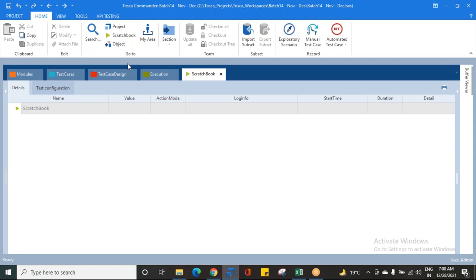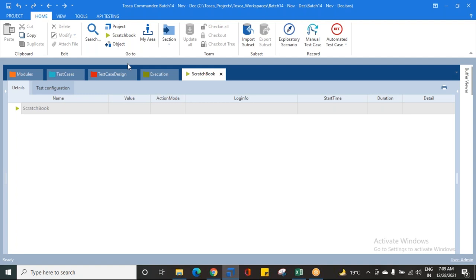First, let me say something to you about this scratch book. All these days we are executing our test cases in the scratch book, right? So first of all, what is this scratch book? Even in normal daily speech, a scratchbook is used for scribbling. If you bought a pen and want to make sure whether the pen is working or not, what do you do? Basically, you take a rough paper or scratchbook or a piece of paper and scribble on it to see whether the pen is working. In the same way, if I try to correlate,